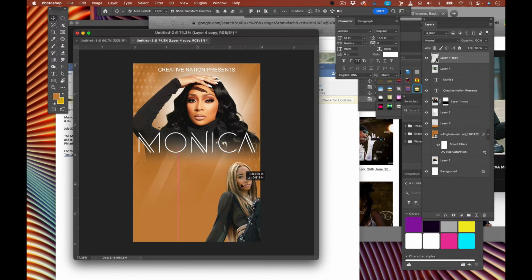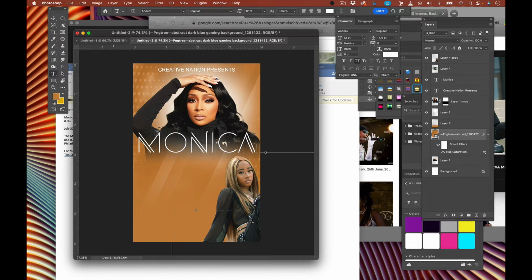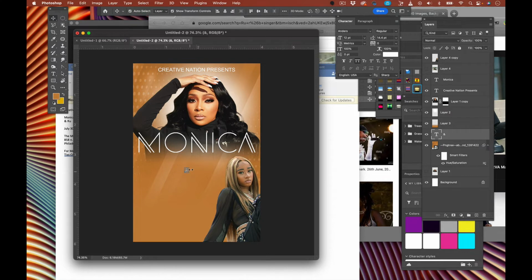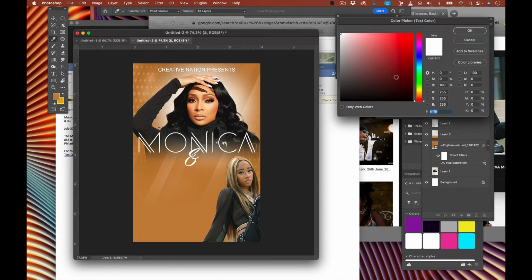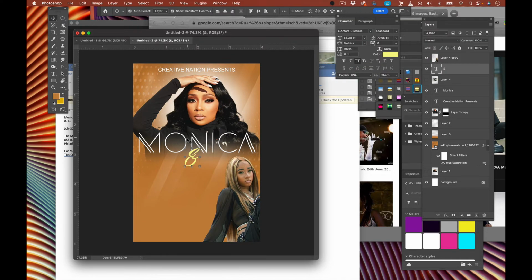Rue, I'm going to move down just a little bit. And let's see, Monica. And I'm going to do a cursive just to kind of give it a little more contrast. Yeah, that looks good. I like that. Maybe I'll do a different color than the font. Maybe like a light yellow. Monica, and then